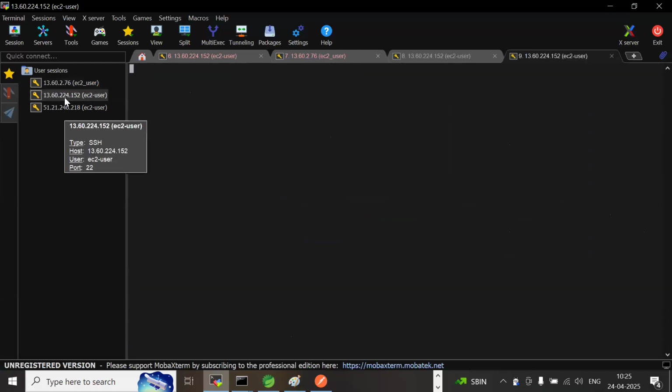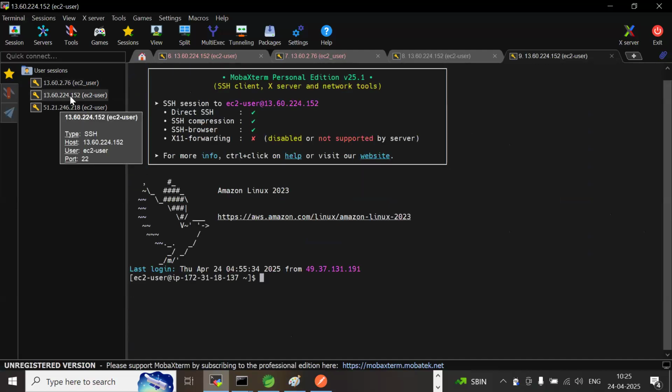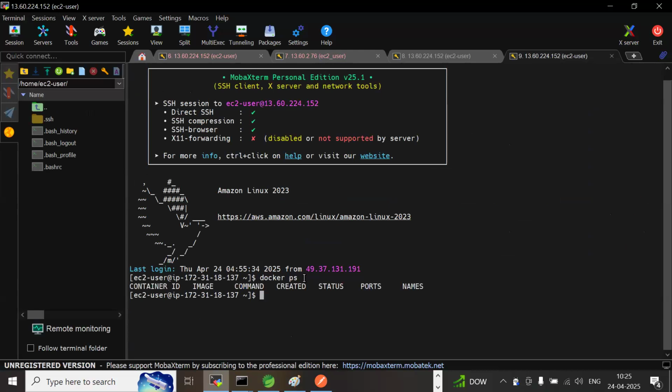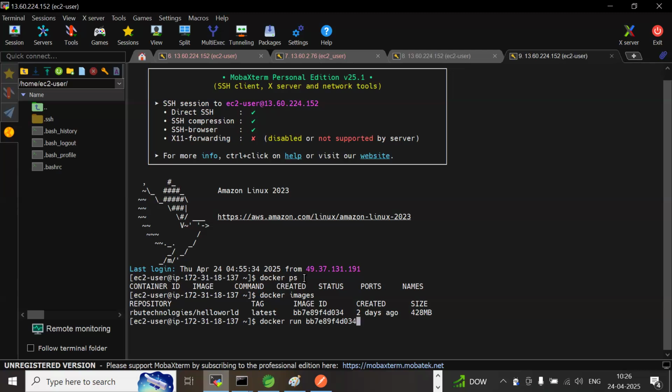Application is currently running. Docker ps, see if any containers are running. No. Docker images. The image is there. Run this Docker image. Okay, while running, docker run